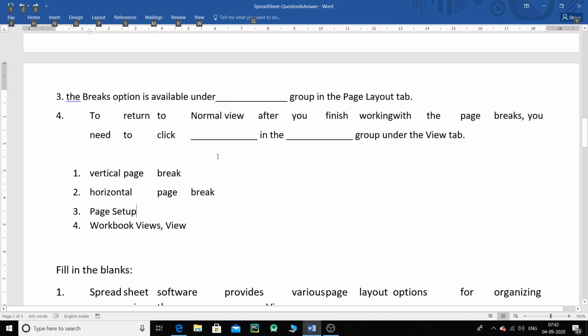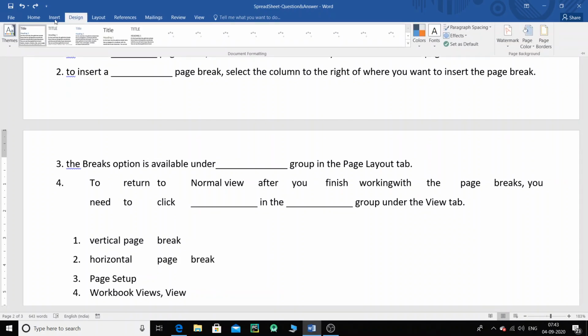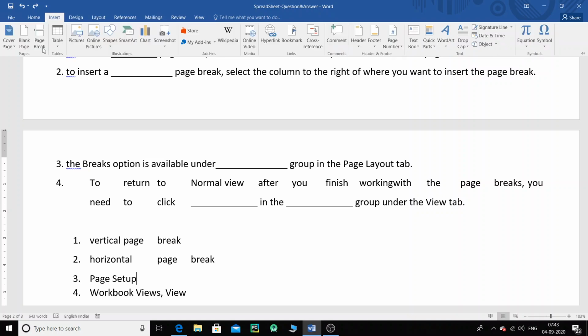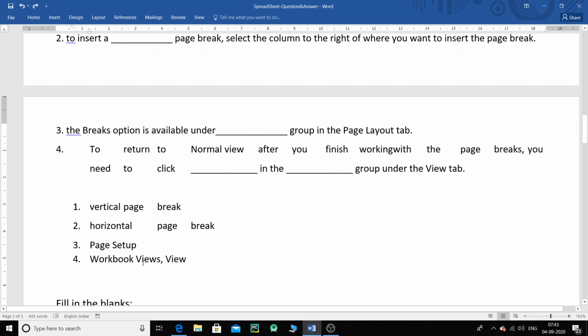If you really want to see all these, children, you can go to Word itself, right? So the breaks option is available under the page setup group. But this is the current version that we are working with, so page break is also under the pages. Because this is the latest version, a 2016 version that I'm working with, certain options might be different. So that is the answer, but as far as the book is concerned, this is the answer for your exam point of view. Okay, but that's based on the previous version that we have.